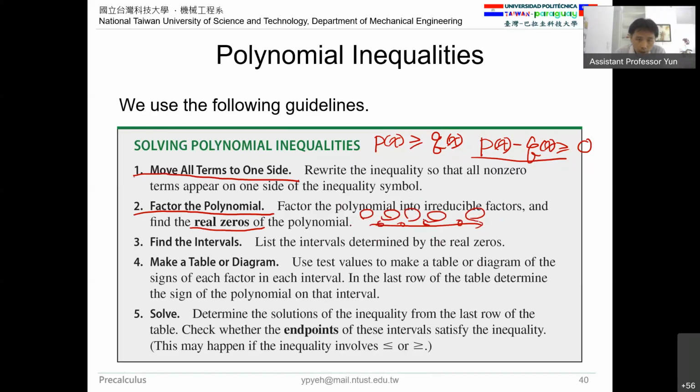And then we find this region and define whether f(x) is positive or negative in each interval, right? Then we can make a table or diagram to define each of them and find where f(x) is larger than or equal to 0 or less than or equal to 0. And then we solve these